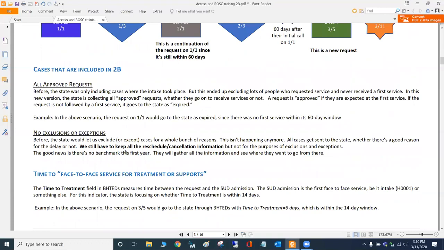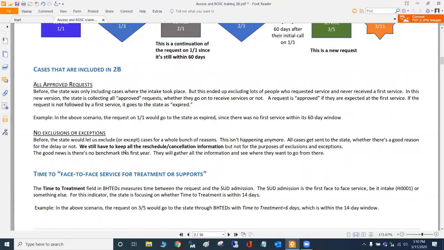Another big difference, there are no exclusions or exceptions this year. So before, the state would give us all sorts of opportunities to give legitimate reasons why there was no first service or the first service was delayed or what have you. That's not going to happen anymore. We still have to keep all the cancellation and rescheduling information, but not for the purposes of excluding or accepting cases.